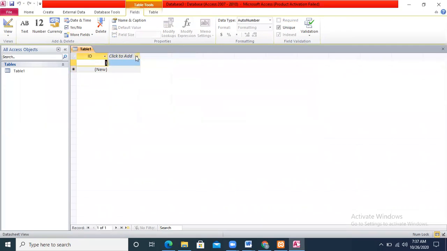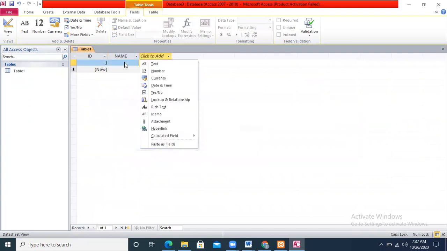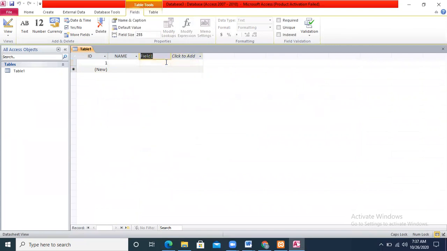For example, in this particular field, first of all, I'm just creating some kind of demo data in front of you: ID, then name, then text again, and department.